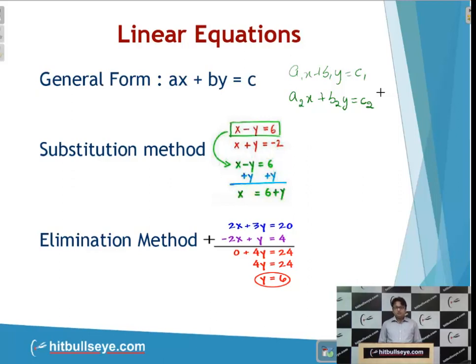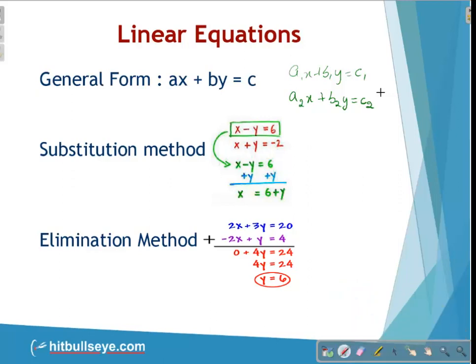For example, the first method which I am going to discuss is the substitution method. Here I have taken two equations. One is x minus y is equals to 6 and second is x plus y equals to minus 2. Here, if I want to have the values of x and y, what I am trying to do is I am trying to substitute one variable in the form of the another variable, so that I could create an equation in only one variable. Is that clear, students? Let us see how this is happening.